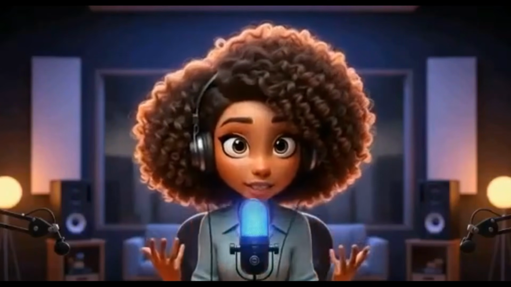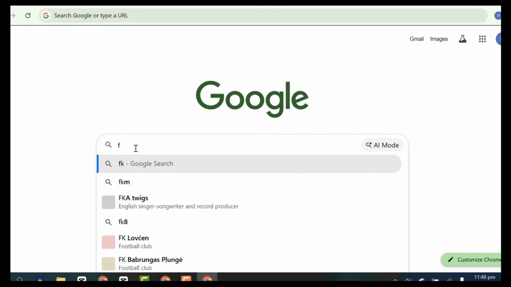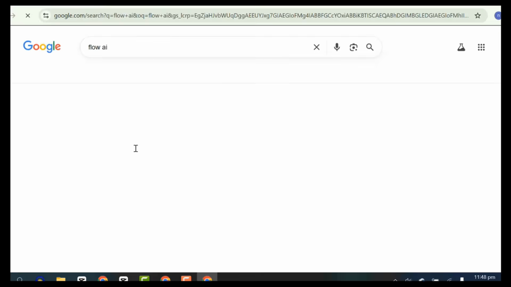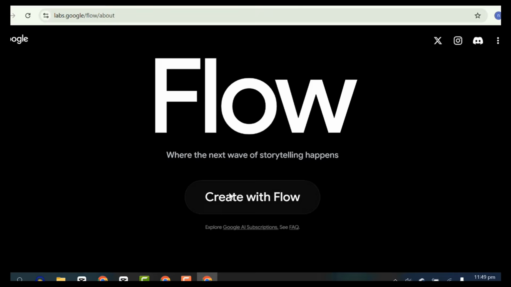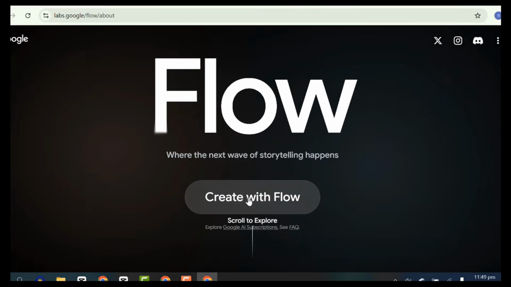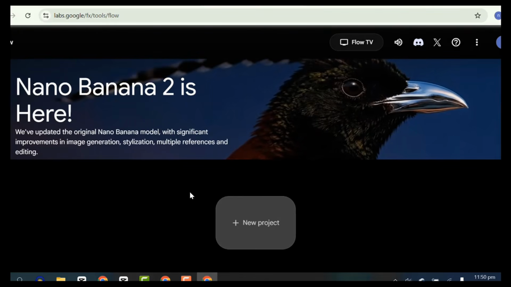So let's get started. To get started, head over to your browser and type Flow AI. Once you hit enter, ensure that you click on this one, and then it will take you to this interface. You need to register with your Google account or your Gmail, but once you register,